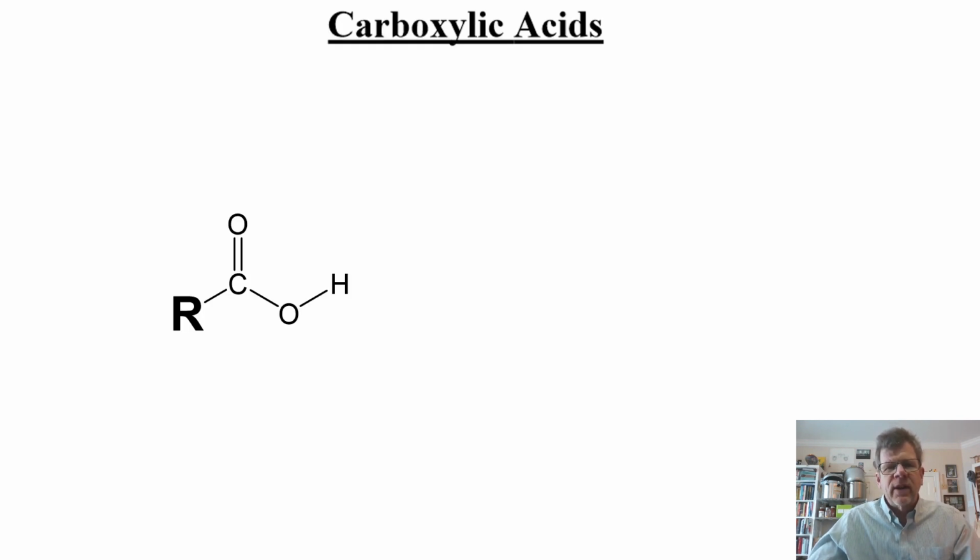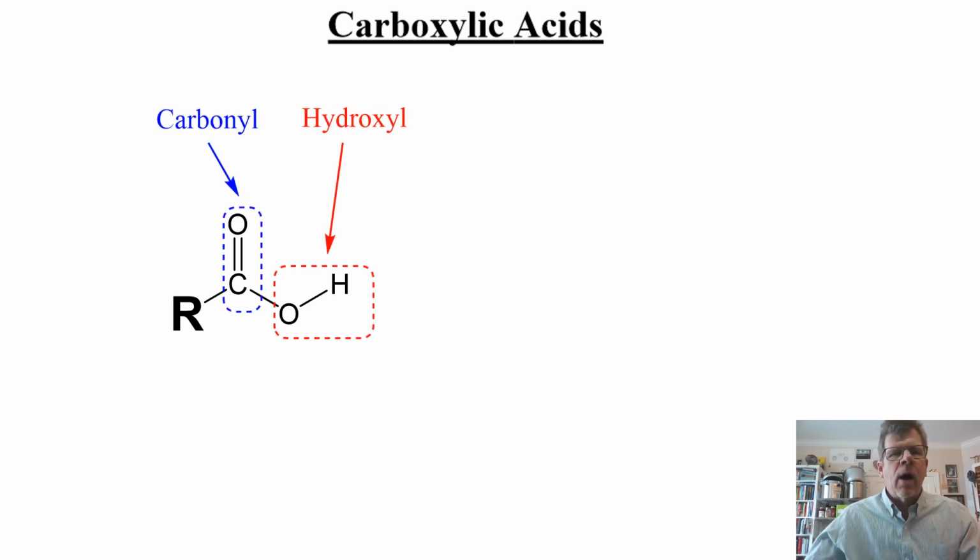Now, a carboxylic acid, by definition, we see that this group right here has a particular name of a carboxylic acid, and that's based upon these structural motifs which it bears. We'll notice that there are two pieces in there. That C double bond O is a carbonyl, and the OH is a hydroxyl. Thus, when we